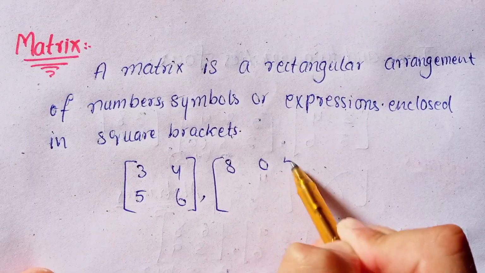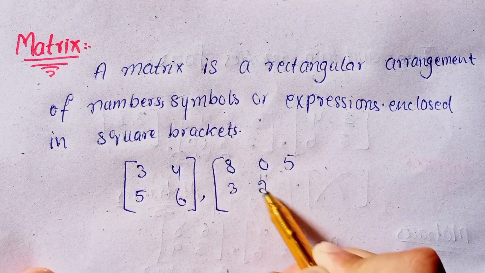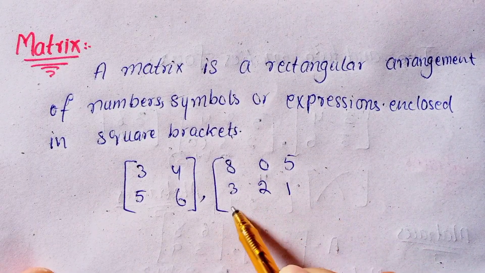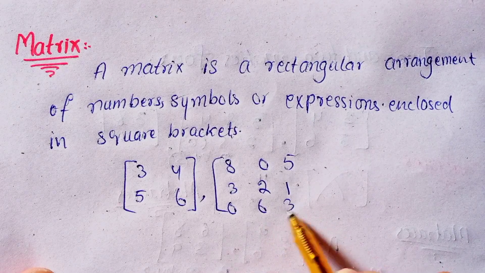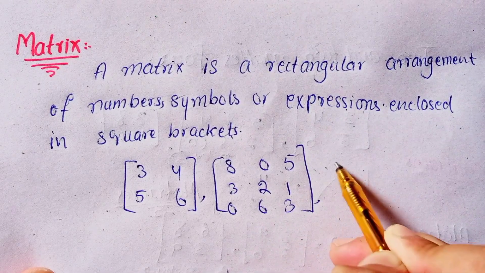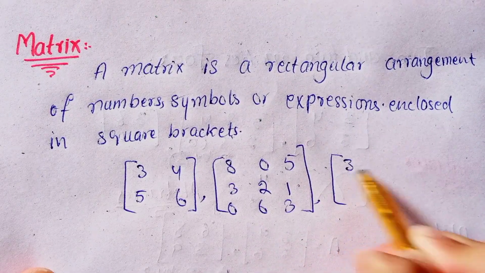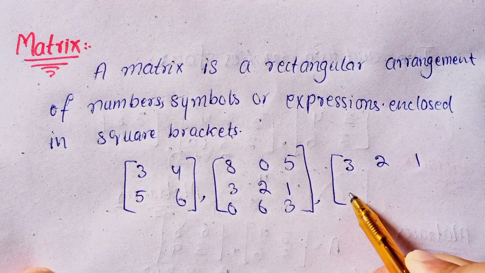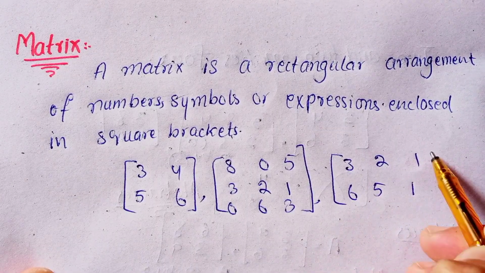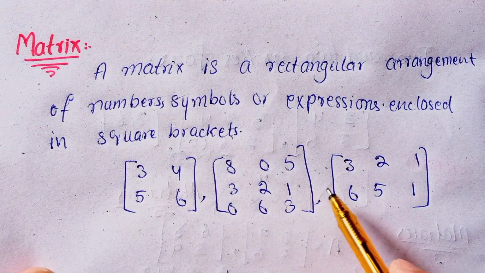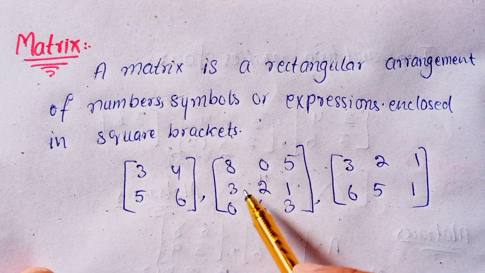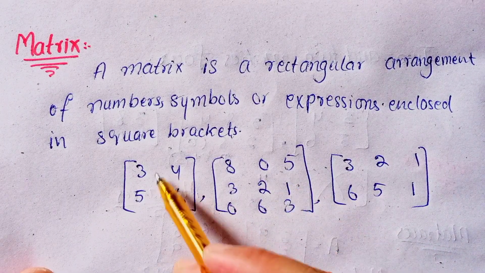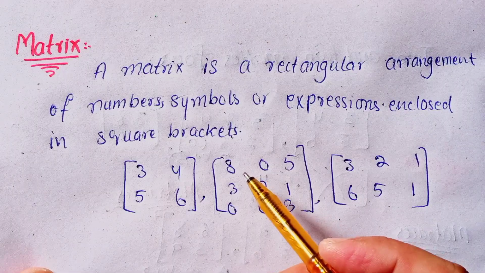Another one: 8, 0, 5, 3, 2, 1, 0, 6, 3. And another: 3, 2, 1, 6, 5 and 1. These are matrices. If we look at these arrangements of numbers, they are arranged in a rectangular arrangement and